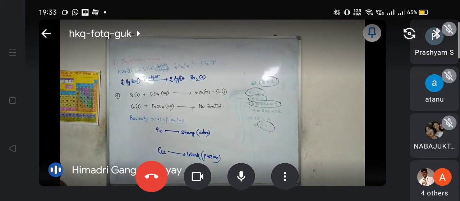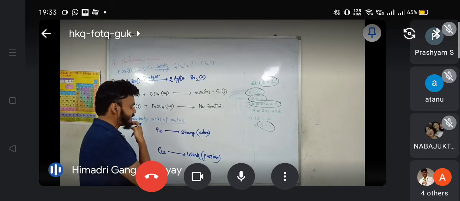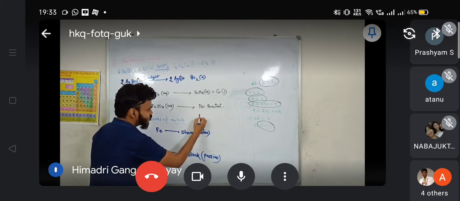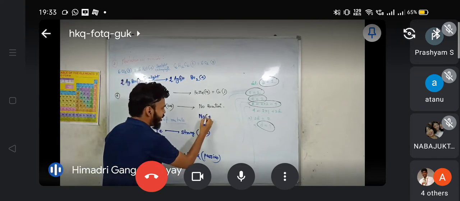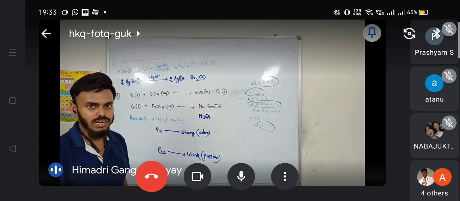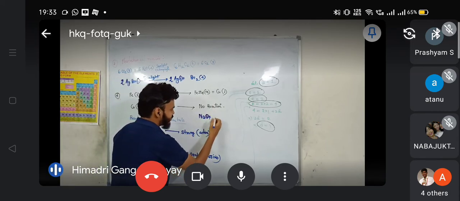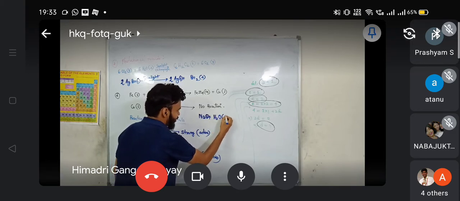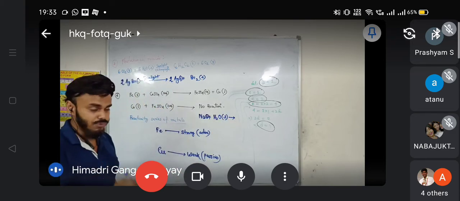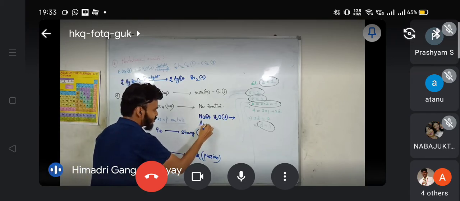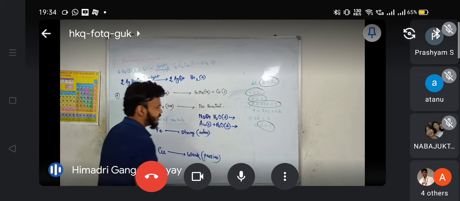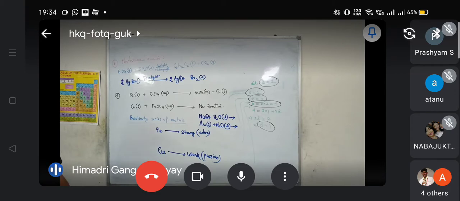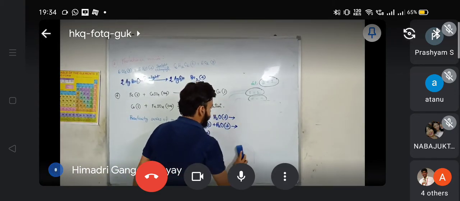Chalo, next question. अच्छे से सुनो. Next question. The question is, when sodium, a solid, soft metal, a soft alkali metal, is added to water, what will happen? Another question. When gold is added directly to water, not with acid, only water, what will happen? Please answer the question with appropriate reason.